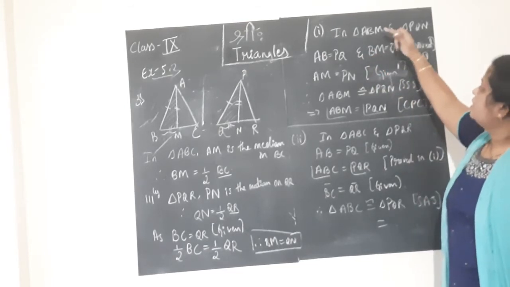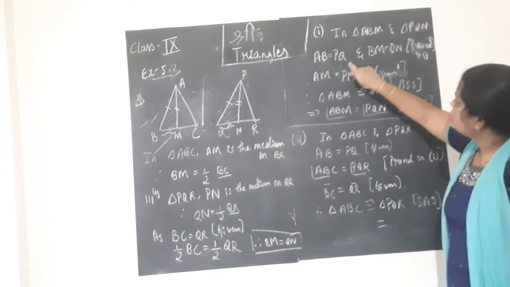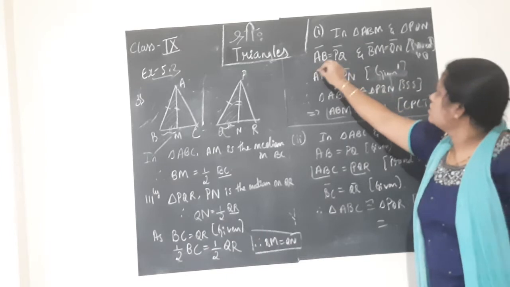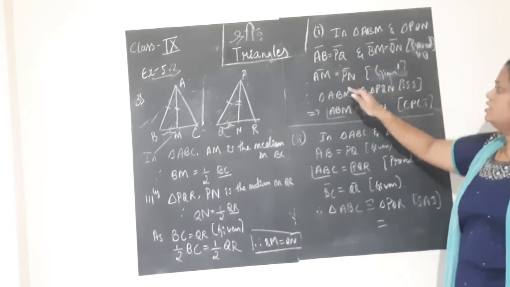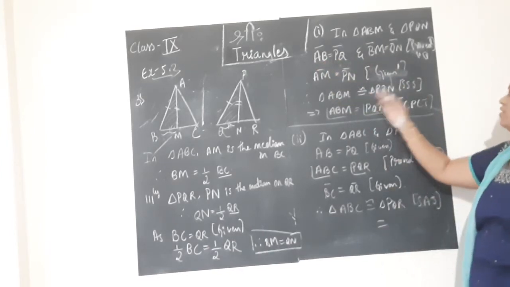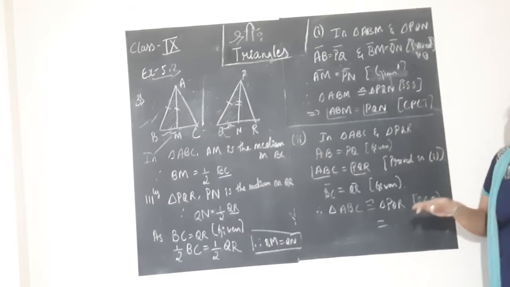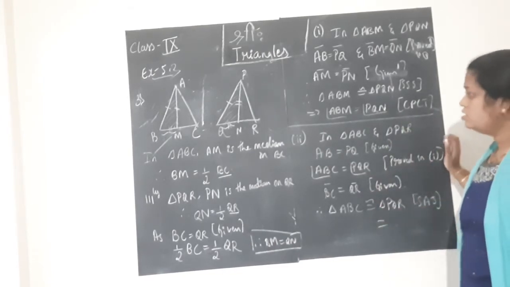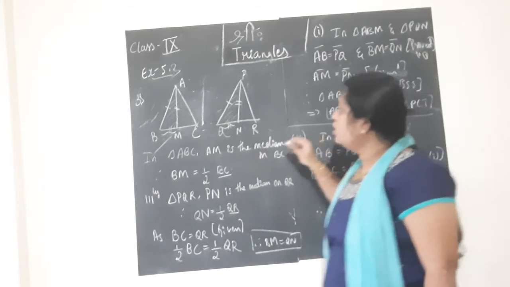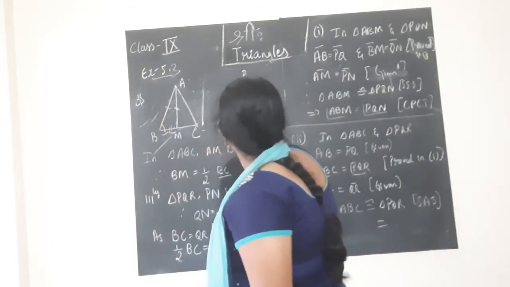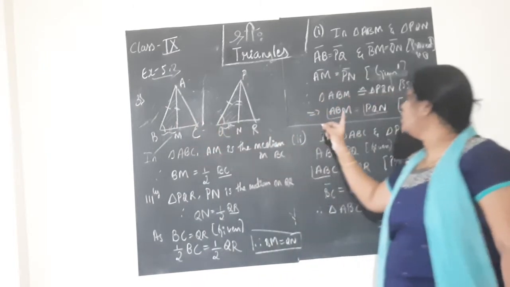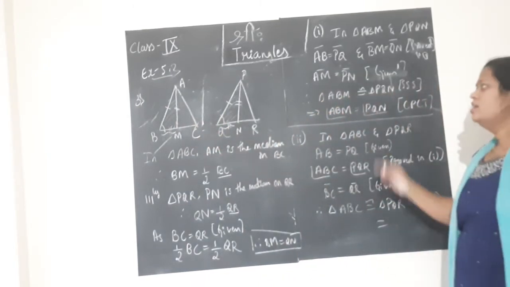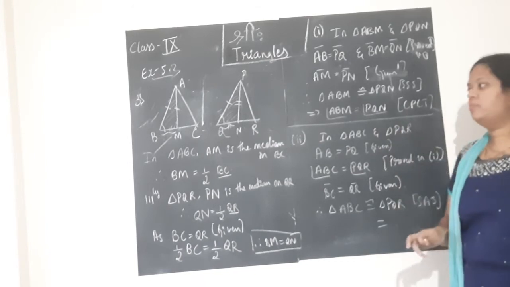So one side, second side, third side. See, for none of the sides have we written like this, right, children, don't forget. So if we prove all three sides are equal, then from SSS congruency, the triangles are congruent to each other. Also, I am telling one more thing here. Angle ABM is equal to angle PQN, and angle B and angle Q are also equal by CPCT. Why? You will know here. That is about the first sub question.